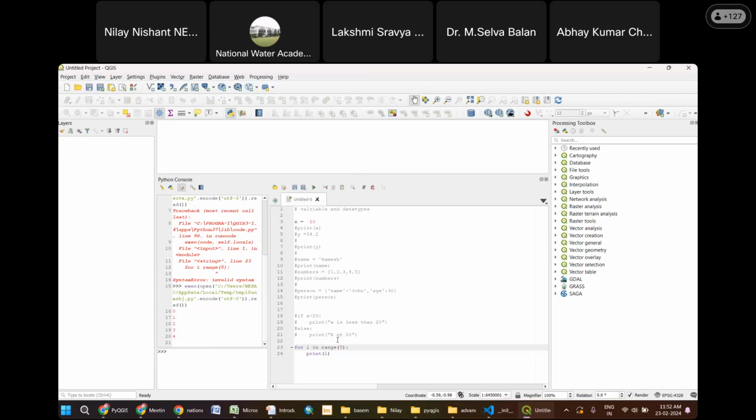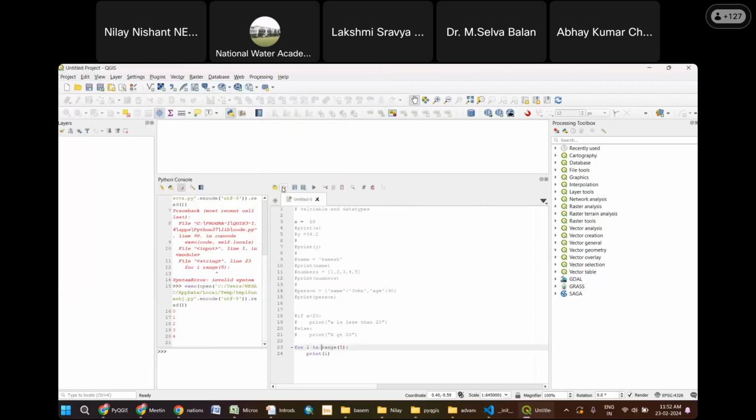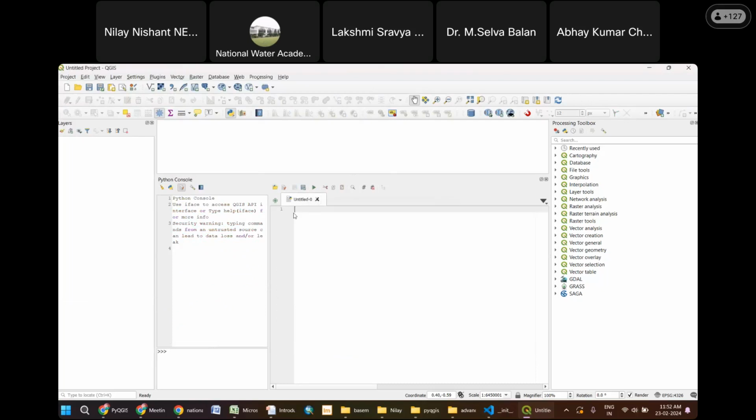Now let us go ahead and start interacting with our QGIS window. QGIS comes with something called QGIS classes, and one of the popular classes in QGIS is called iface. Any interaction that you want to do with QGIS, you would need to interact with something called iface. Okay, so if I go ahead and type iface,